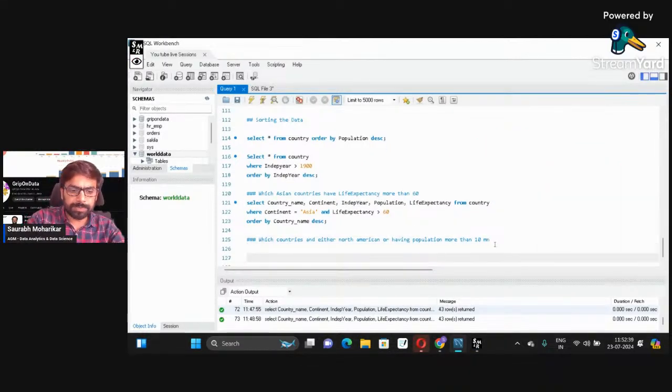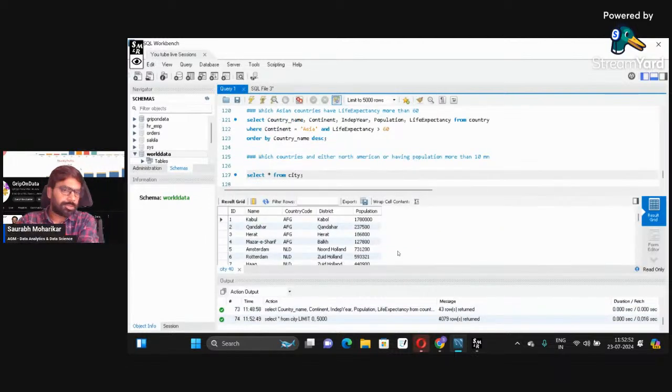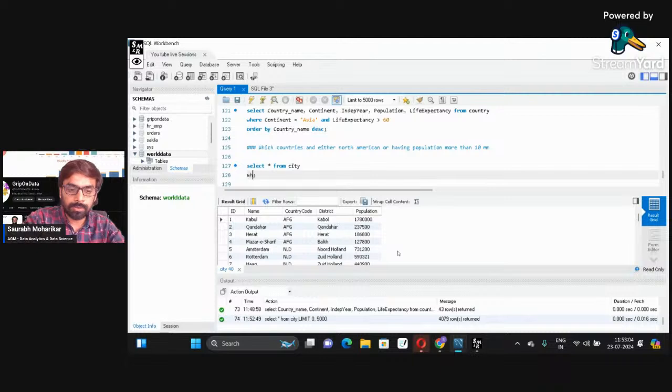Simple as that. I'll go for the same thing. This time I'll select the entire data, or probably I'll go for a different select star from city. Let me go for a different table. Taking the same table again and again will get a little boring. Let me go to the city table. That was the countries table. This is the city table. Now I'll say select star from city where